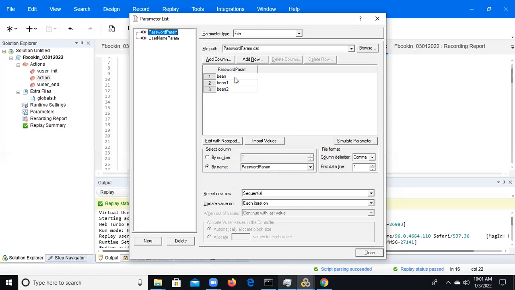Otherwise, we need to prepare some data. For example, my name is Kiran and the password will be Kiran123. You can give Kiran123 as the password here, remove the username value directly, and give Kiran here. No problem. Then the login will succeed and the script will pass.